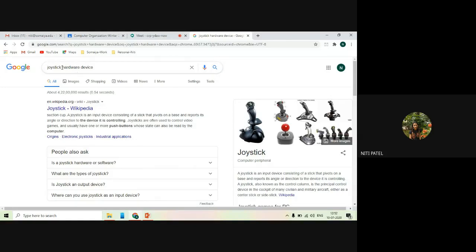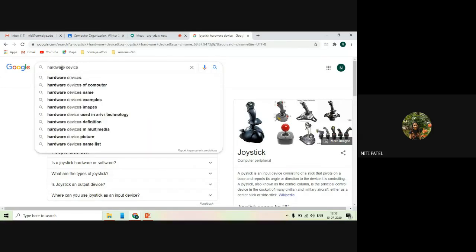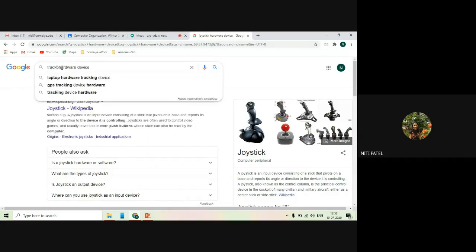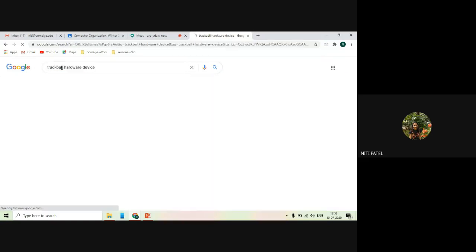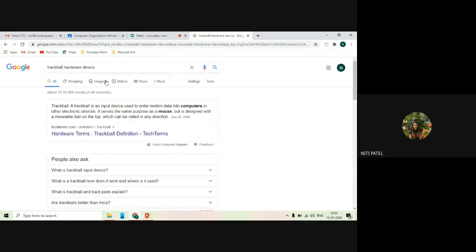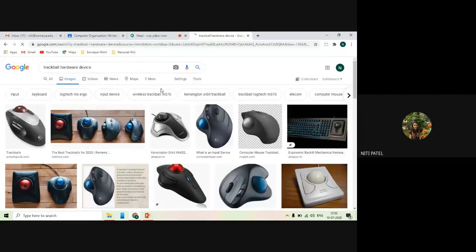That is what is joystick. And if you see the trackball, it is upside down of your mouse. So that is how your trackball is going to look like. See something like this. So I do not have any right click, left click. I simply have to hover on this particular ball.